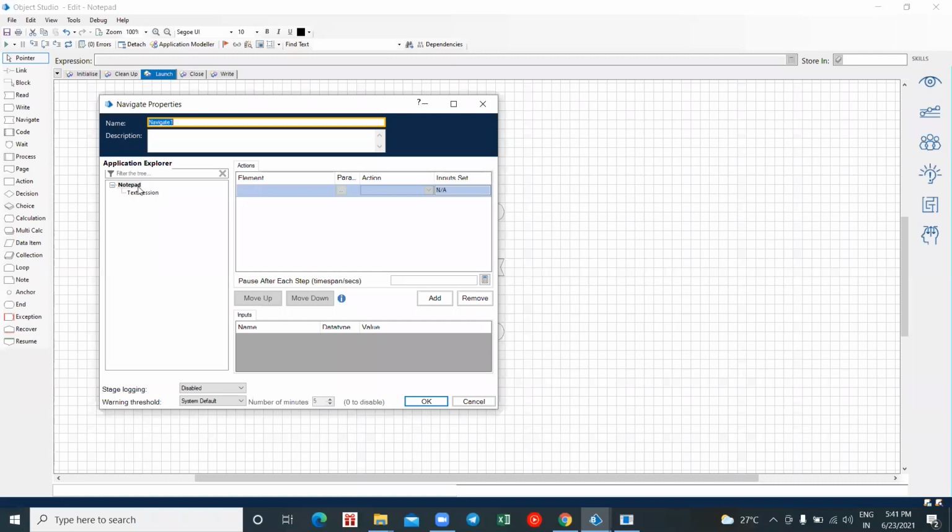Now to launch the path of this Windows application, which has been given in this notepad in this main element, I'll drag this main element to this element section and perform the action. Here I have actions called attach, detach,